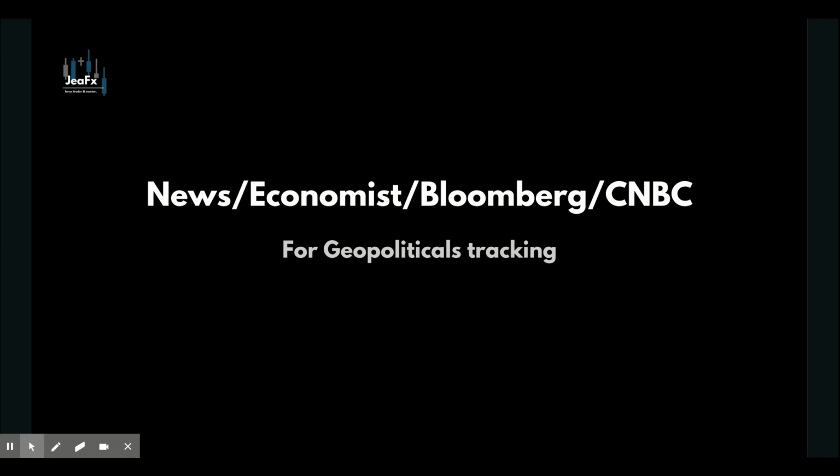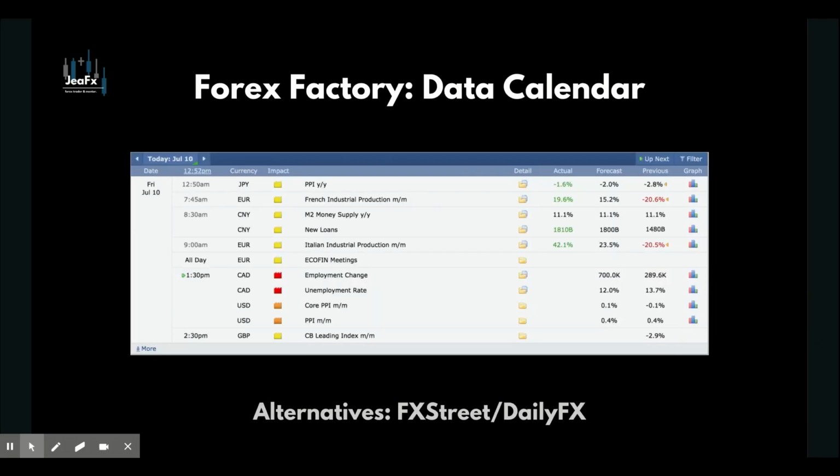So that's all in terms of resources. We know that for tracking that central bank information, we're going to want to use an economic calendar, a Forex Factory, or FX Street or Daily FX. Also, for tracking the smaller economic data, we can use this as well. This is going to schedule us in when the data is happening, when the interest rates are happening, when the monetary policy statements are being released, and when all of the smaller data is being released as well. And we will also see forecasts and previous results as well.